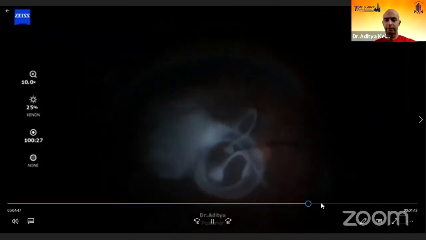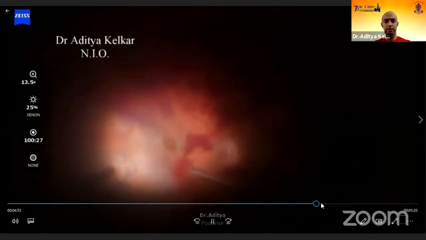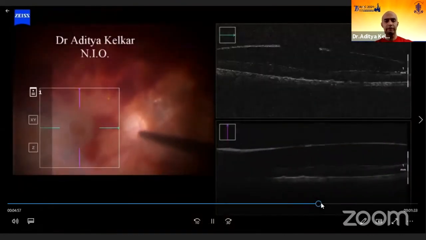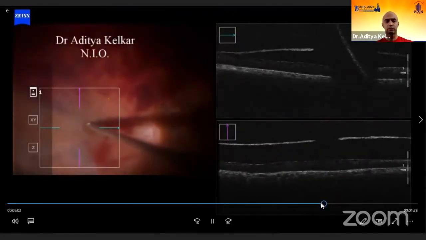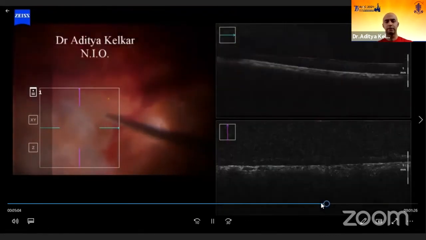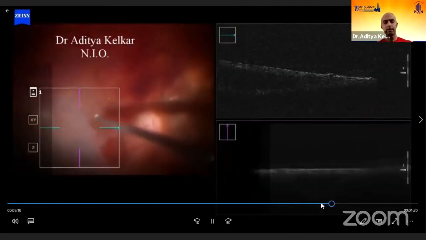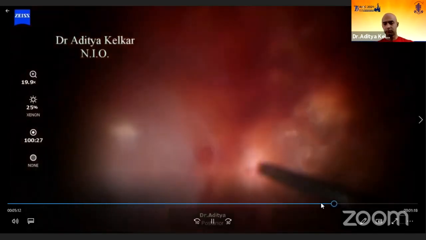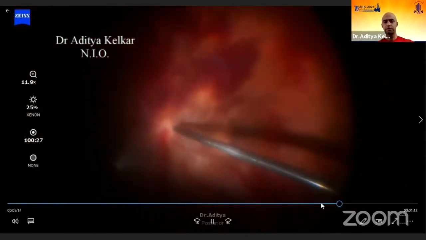So in this case, as I said, we can introduce intravitreal triamcinolone in case you have cystoid macular edema at the end of clearing up of the vitreous hemorrhage. Another interesting scenario is to identify on table quickly whether this is actually a macular hole or a pseudo hole. You want a quick feedback from the OCT and it shows that it's a pseudo hole. So then you can easily approach through the same area because that's the cleavage plane, and then introduce a posterior vitreous detachment and remove the vitreous. So it's also useful, as I said, for a quick feedback on table to identify certain pathologies just in case you are in doubt.